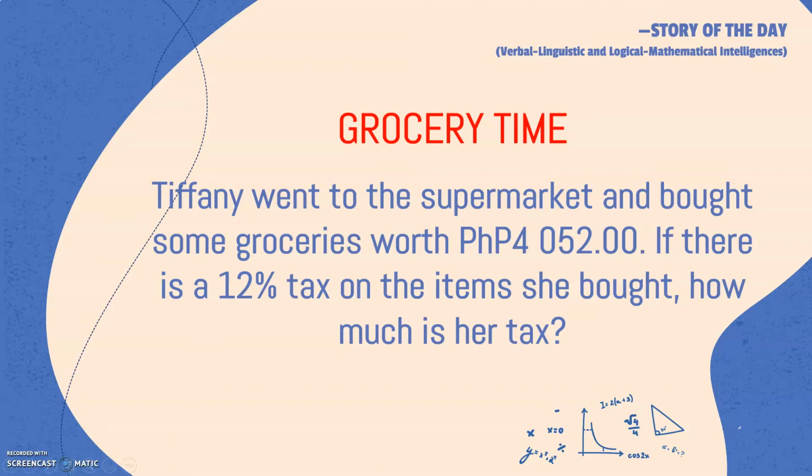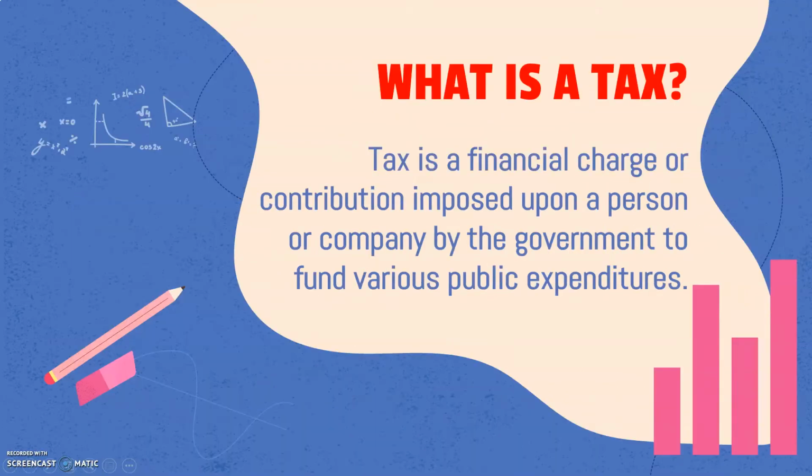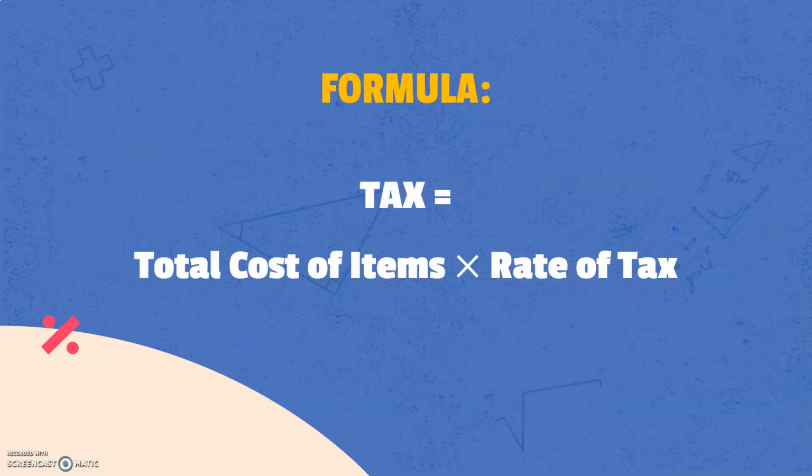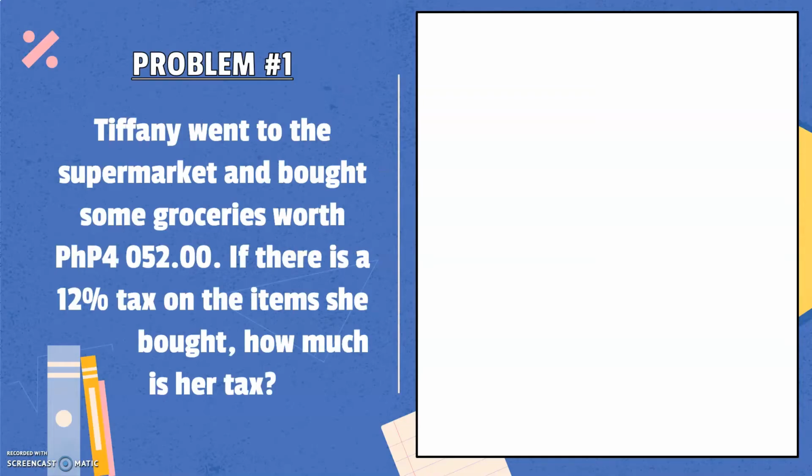Before we answer this problem, let us know first what tax is. Tax is a financial charge or contribution imposed upon a person or company by the government to fund various public expenditures. To compute for tax, it is equal to total cost of items times rate of tax. So going back to our story problem, Tiffany went to the supermarket and bought some groceries worth